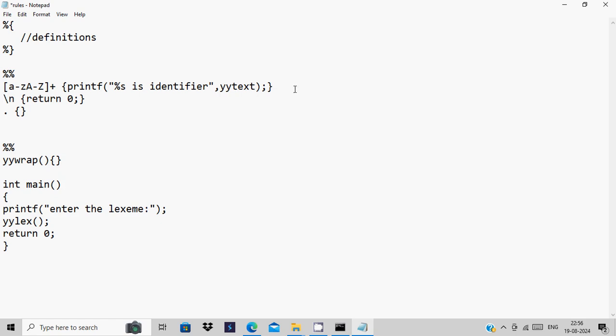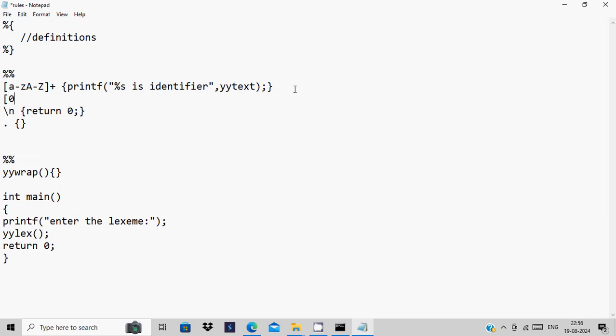Now suppose I want to recognize numbers. Numbers span from 0 to 9. So 0 to 9 with plus is for numbers, and I give the rule printf, percentage s is a number. At least one digit has to be permitted, isn't it? So a number matches this yytext. That's it. So now I have written two rules to recognize an identifier as well as a number. So we will try to